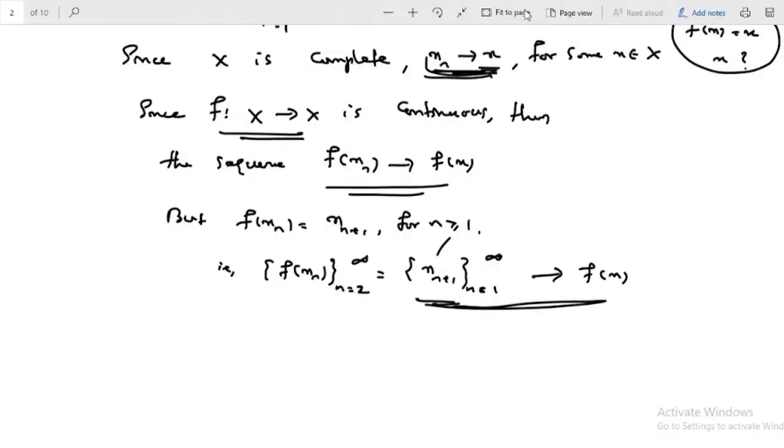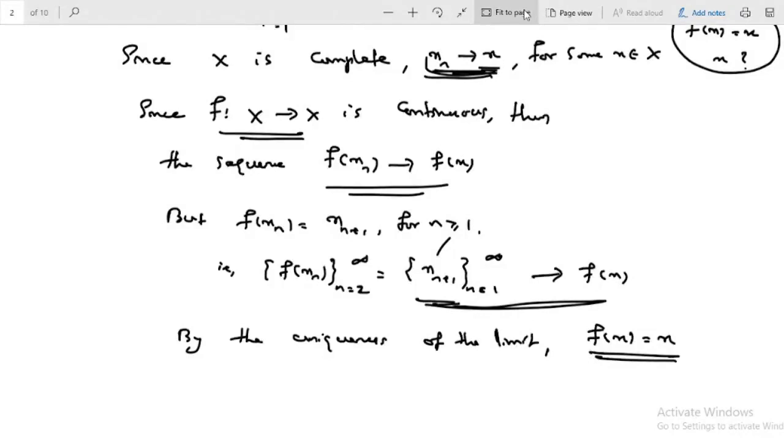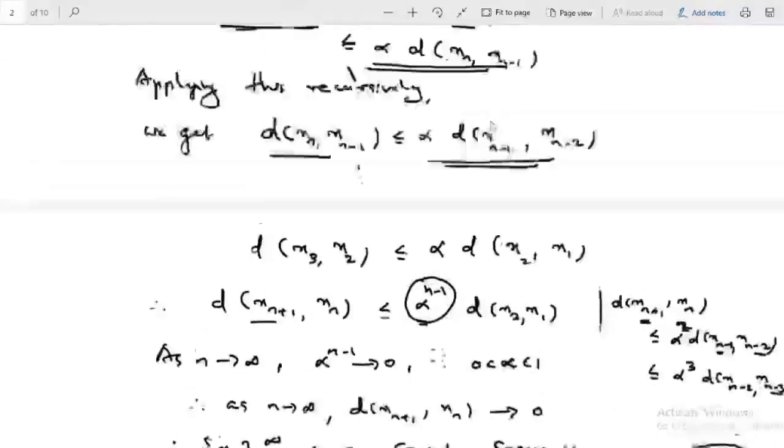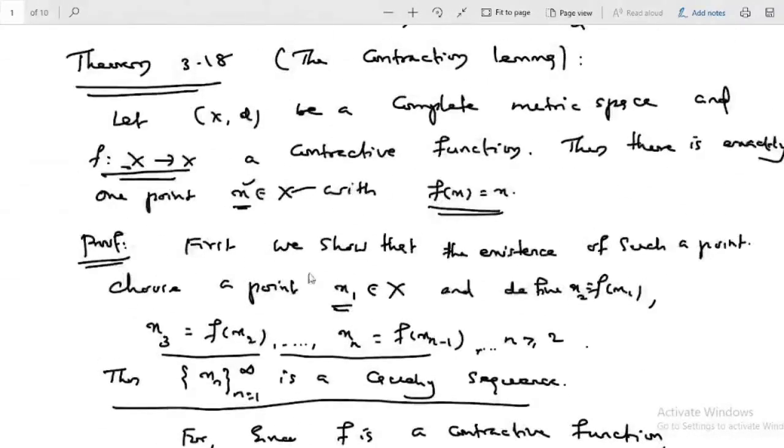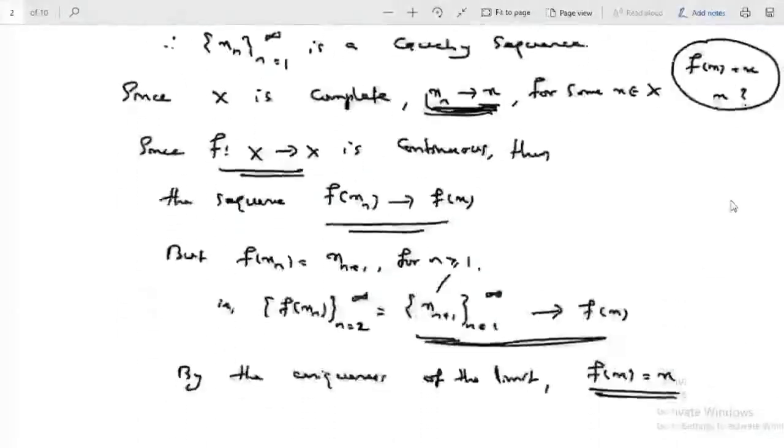And by the uniqueness of the limit, f of x എന്തായി പറ്റും x ആവും. By the uniqueness of the limit, f of x is equal to x. അപ്പോൾ നമുക്ക് എന്ത് കിട്ടി? ഒരു fixed point കിട്ടിയിട്ടുണ്ട്. But ഇത് പോരാ, നമുക്ക് ഇവിടെ statement അനുസരിച്ച് there's exactly one point x belongs to X with f of x is equal to x. There's exactly one point. To show the uniqueness,